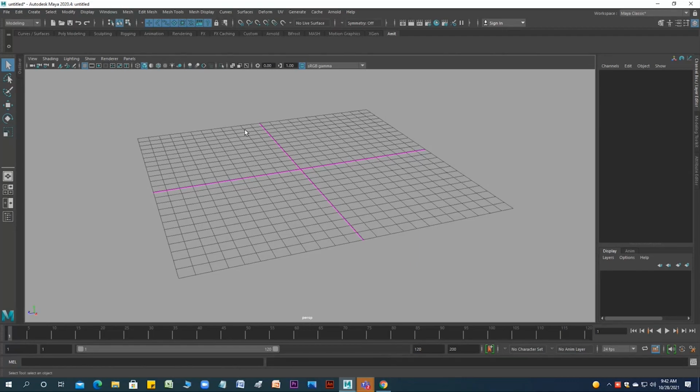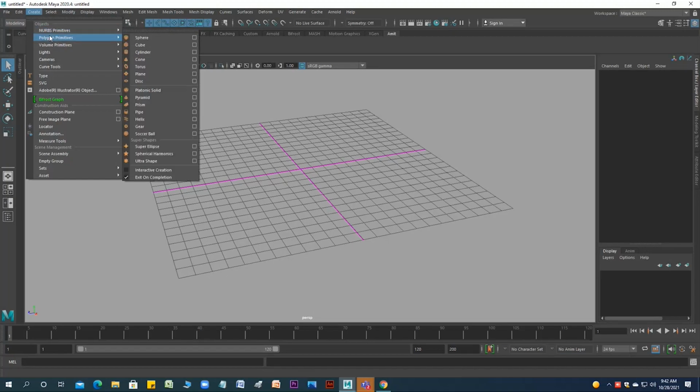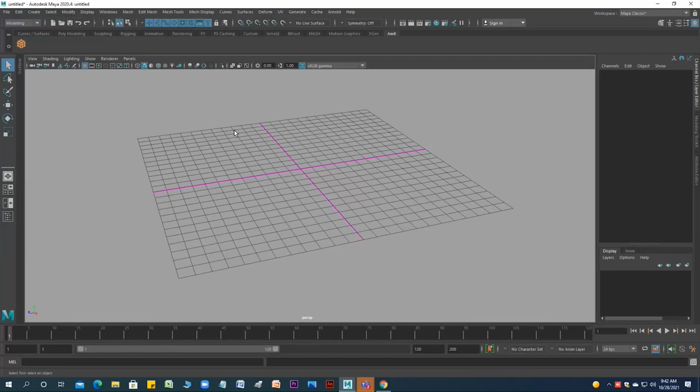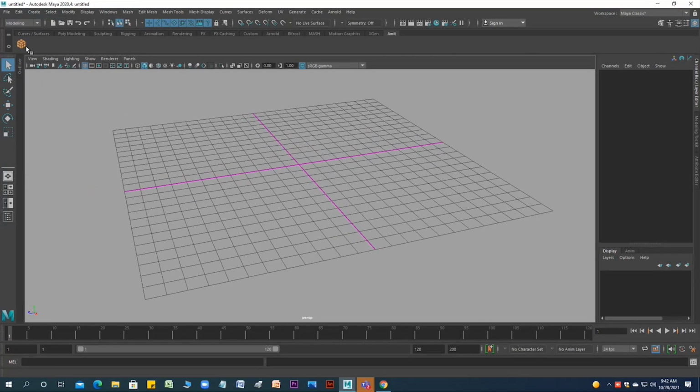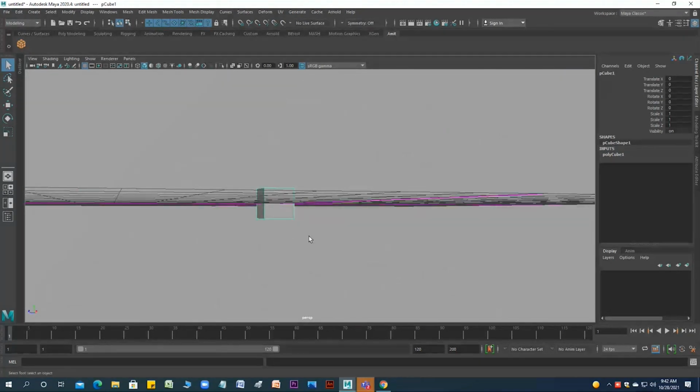So slowly we'll just increase the number of tools rather than jumping in all at a time. Under create, like NURBS primitives, you also have polygon primitives. For today, let's just explore polygon first. I'm going for cube. So simply hold Shift and Control and click this, so it's there in your tray. Then if you click it, you can see a box kind of 3D geometry.